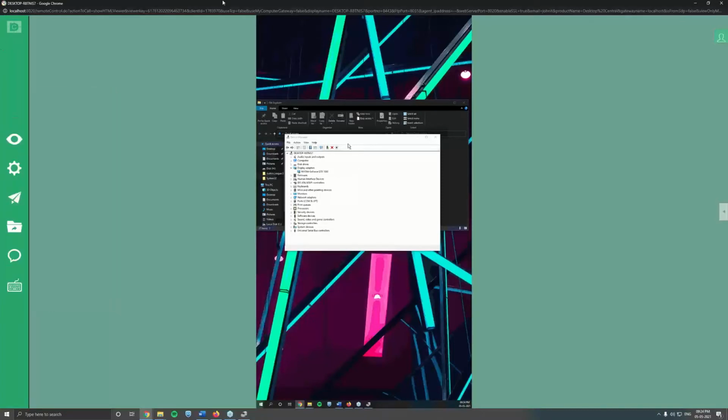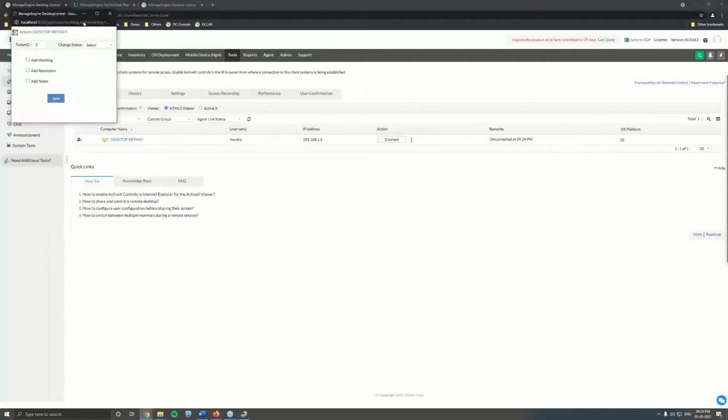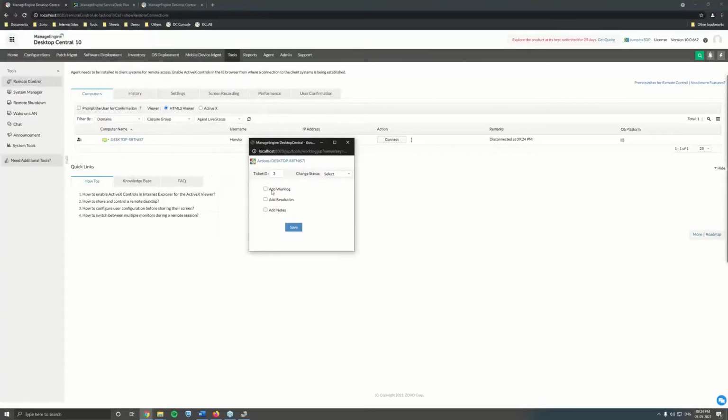And once you're done with the remote session, you can simply close the window to terminate the remote control. And you can see an option that allows me to add the work log, resolution, and notes to the Service Desk Plus ticket. I had already entered my ticket ID, so it was pre-entered over here. I can change the status to resolved. So I can close the ticket directly from Desktop Central and add work log information, resolution, and note details automatically